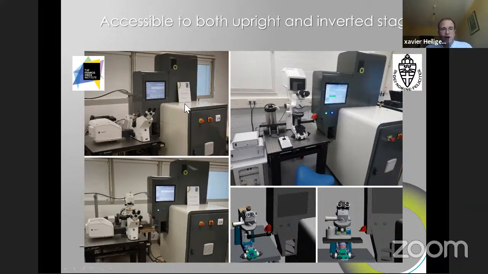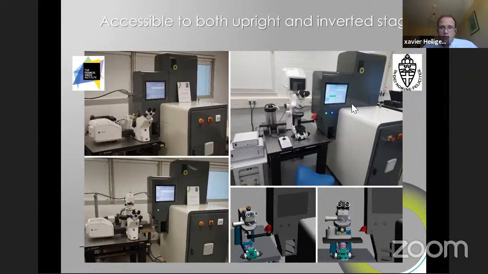So they want to avoid having an inverted arm that would expand the light path and eventually affect the imaging path, and therefore they want to have an upright microscope, and then they can retract it and put the inverter arm to put the stage and do cryo-light microscopy as the secondary imaging.